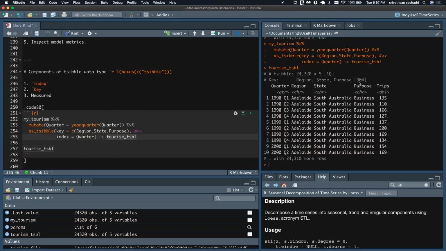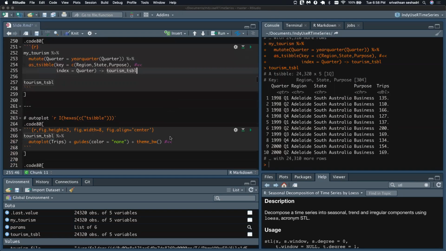So if you notice again, we have 304 unique time series here collected at a frequency of 1 quarter, right? And we have retained all the 5 columns. Am I making sense? Yep. And if you notice, this comes up as a tsibble. So now this is a time series table, or tsibble.